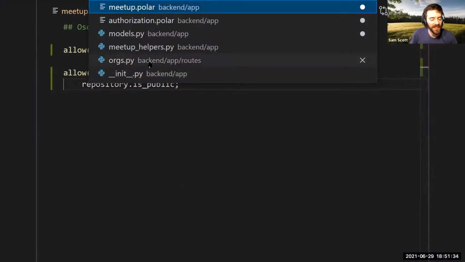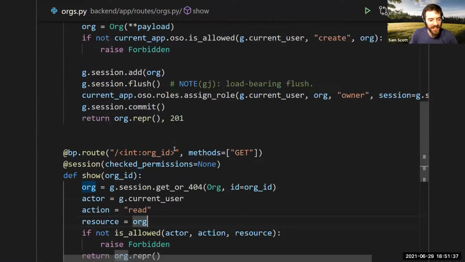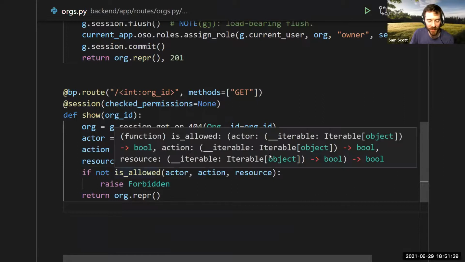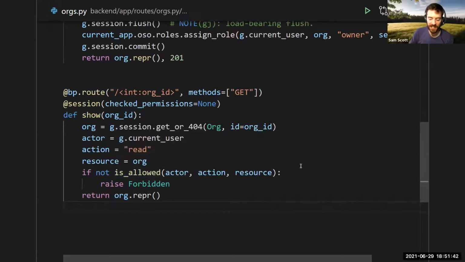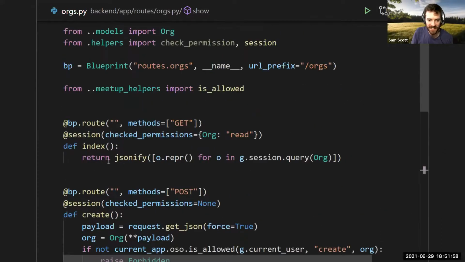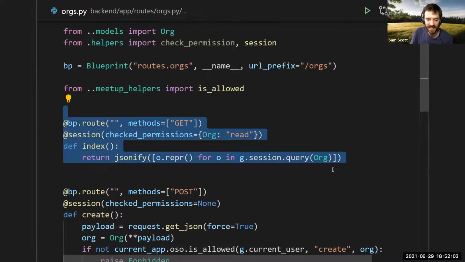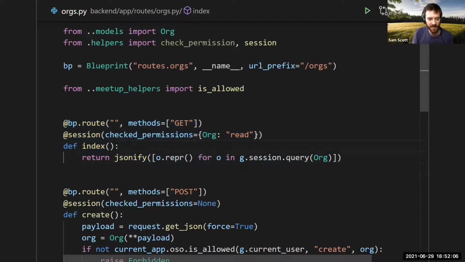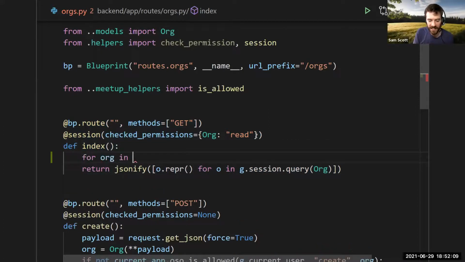I was too focused on going through the different pieces. So, picking up from the enforcement angle, I spoke about how you can maybe do enforcement on a request. It's quite coarse level, on the whole HTTP request. You can do authorization over a particular resource, like can the user read this org? But what about if you want to do it over an entire list of things? In particular, I have an index, get all the organizations. You'll notice in this method, I don't have any is allowed calls. And in theory, I might want to do something like this, for org in...